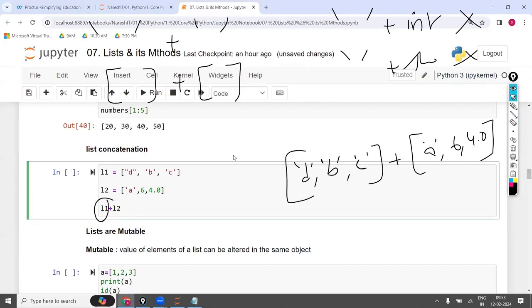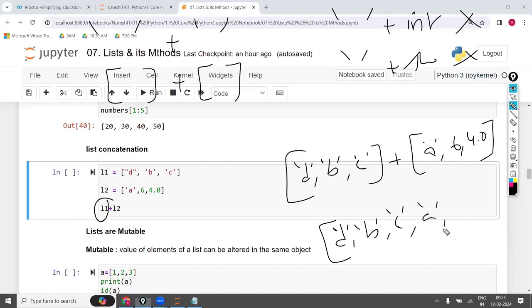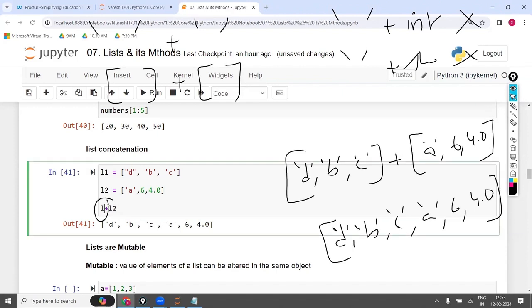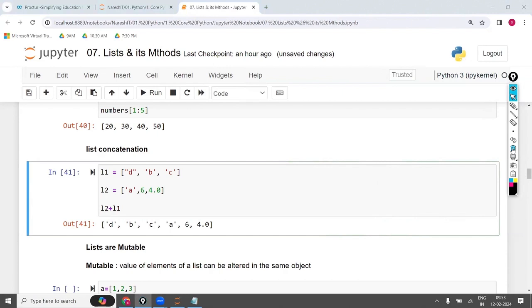Now, when you are using this, first it will call the first list, then it will call the second list, and it will combine both of them. First this one followed by this one. It will combine both of them into a single list like this. First one followed by second one. Sir, for example, if I give L2 plus L1, which is the first one now?